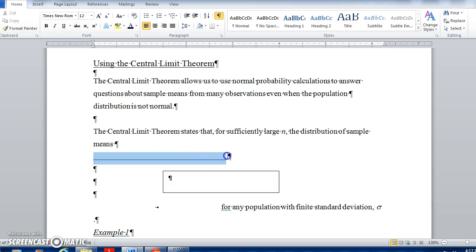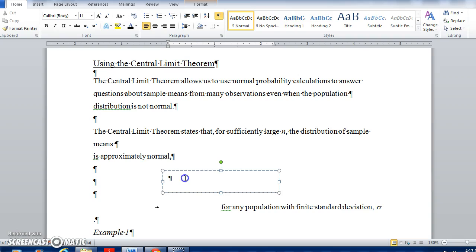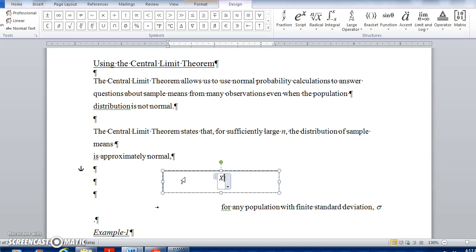So basically, to summarize what we've been looking at, the central limit theorem states for a sufficiently large n, the distribution of sample means is approximately normal. And we represent that by x bar. So it's approximately normal with a mean of mu, where the